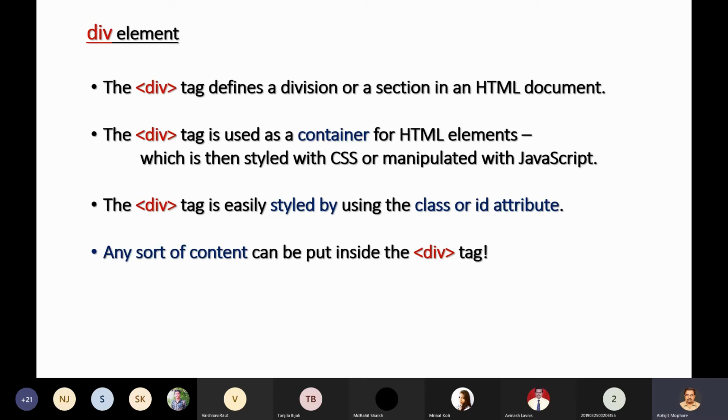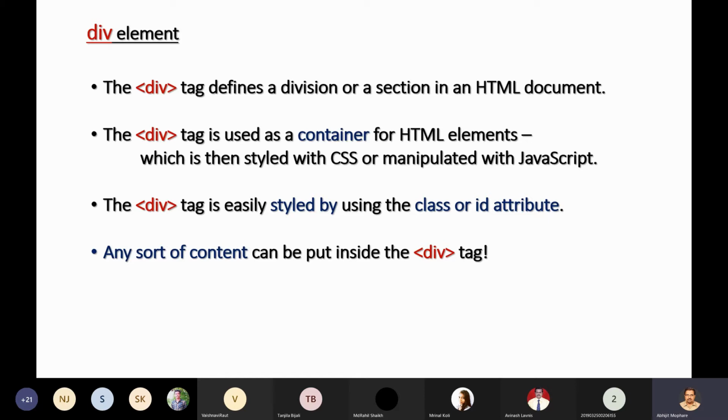div tag. Okay, and this div tag normally doesn't have any visual representation. It is blank. You can add the content as different other tags, or you can add text also. But mostly this div tag is styled and manipulated with the help of CSS and JavaScript. Okay, so most of the time we will be using this div tag very heavily.